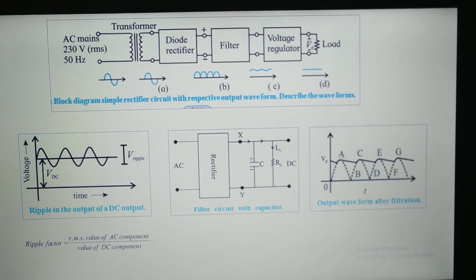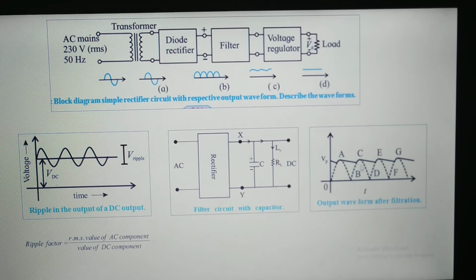When the output is dropped across the load resistance, the capacitor will start discharging again. As you know, its function is to charge and discharge. Once it throws all the current to the load resistance, it will start discharging, but the discharging happens at a very small amount. It will discharge from point A to point B. A slight discharge will take place, and as soon as it is discharged, it will immediately charge up again and throw the next cycle of current. Then again it will go from point B to point C.